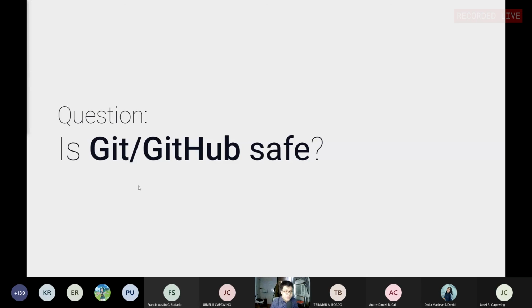Pwede kang gumamit ng Git na never mag-online, never magre-remote. And yun, okay? For GitHub, there's no telling. Yun nga, we don't know if Microsoft is getting data from private repos in the first place. No? Pero a good principle of software engineering and software